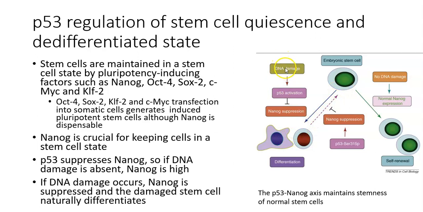However, if DNA damage occurs, you get p53 stabilization by the pathways that you will have studied, ATM and MDM2 interactions and all of that type of thing. But activated and stabilized p53 will cause NANOG suppression. Now this is really important because once NANOG is suppressed, this embryonic stem cell or this stem cell can then